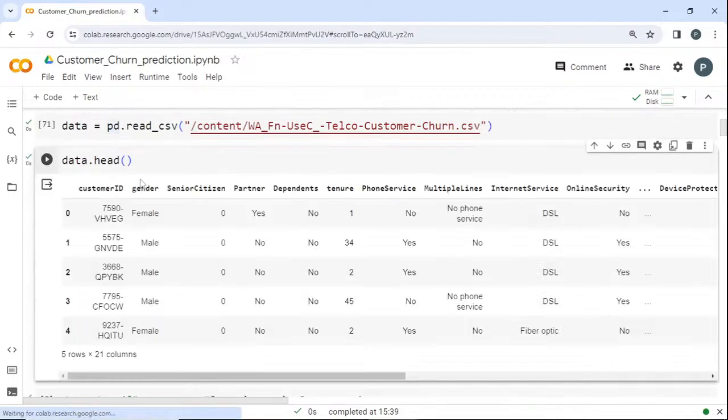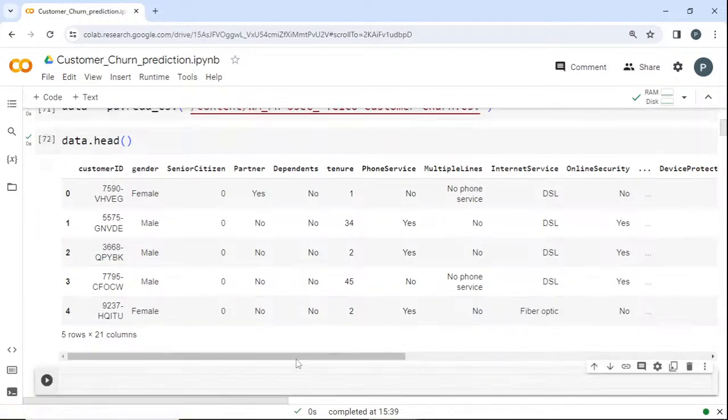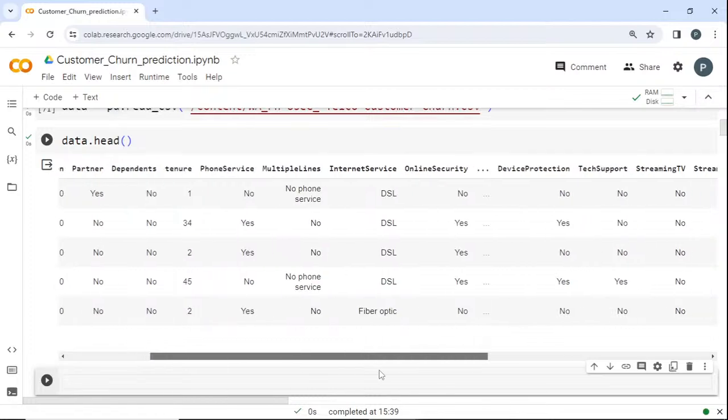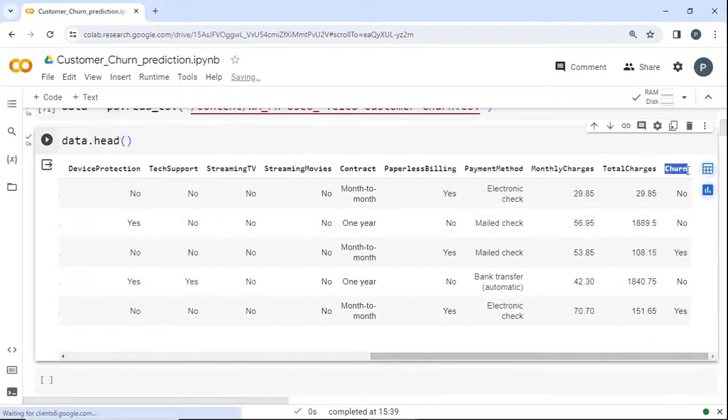And data.head will give you the first 5 rows. I have columns like customer ID, their gender, senior citizen or not, partner or not, dependents, tenure in months, phone service, multiple lines, whether they have internet service, and a bunch of details here. Finally, I have churn, which is yes or no. Can you guys tell me which type of machine learning problem this is? You are going to perform data science, but to do that you need machine learning as a tool to predict, right? So considering this as a machine learning problem, what type is it? It belongs to a supervised learning classification problem, right?